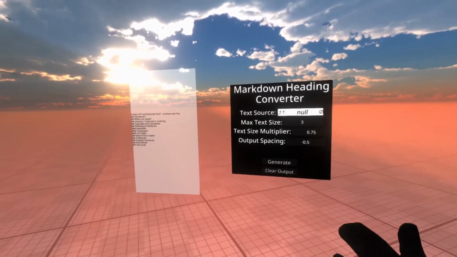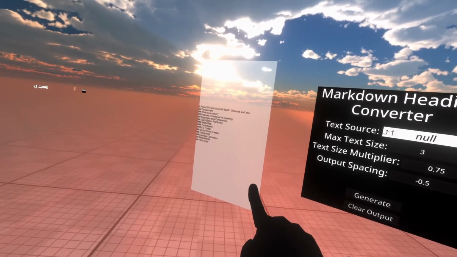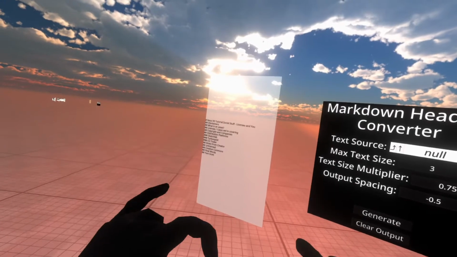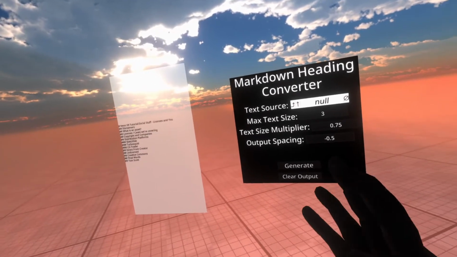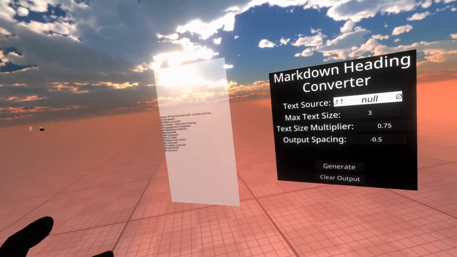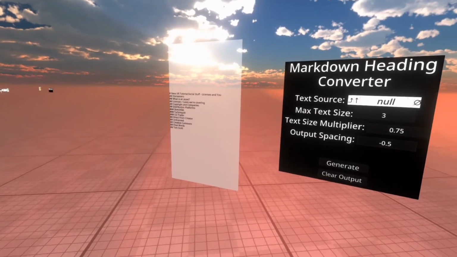It's a little bit different than just typing in text there, because I didn't want to type this in. I write this in Notepad really quickly. I just do hash space, type type type, enter, hash space, type type type, etc. So I wanted to find a way to do that really easily. Once I've written the file outside of